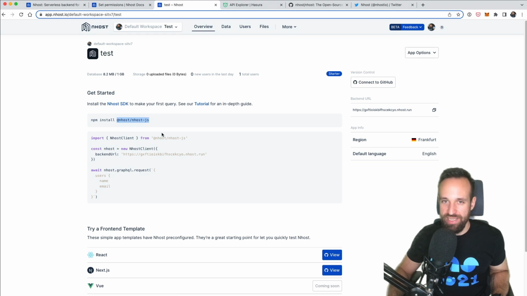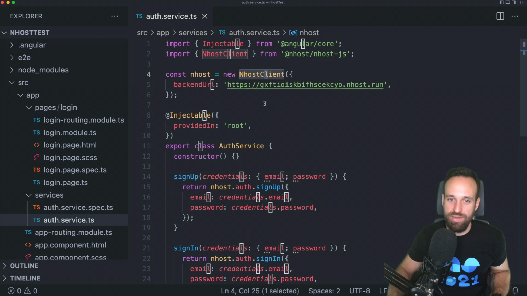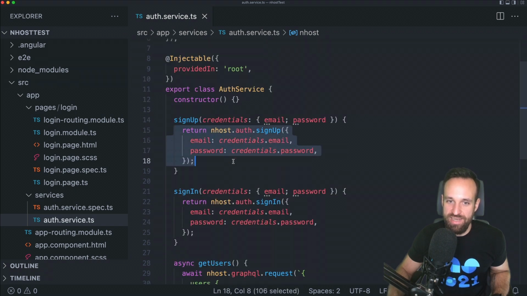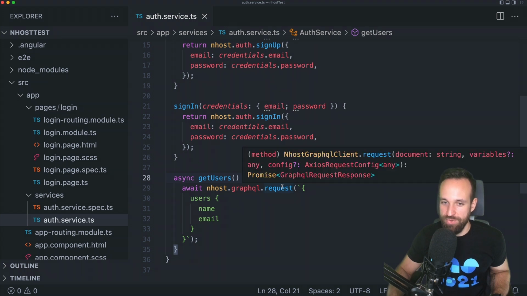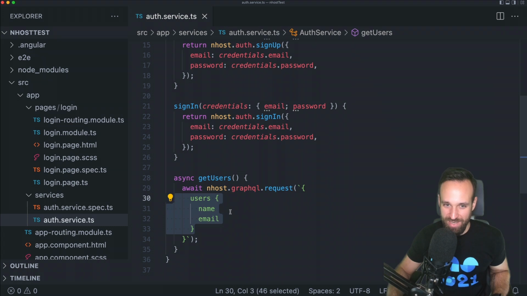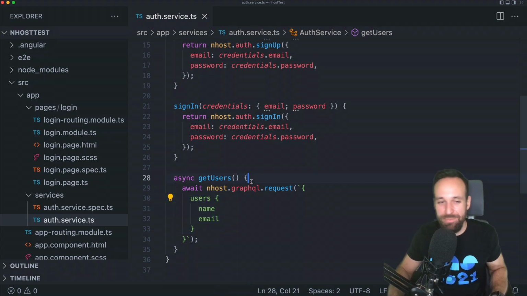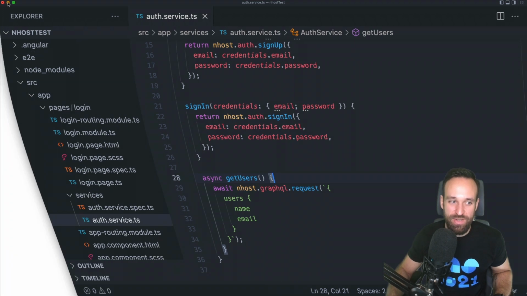Anyway, we can easily create an application like I did, and you can install it. Again, there's the JS package, of course, available for us. In code, it pretty much looks exactly like this. So I created a new Nhost client. I can sign in, I can sign up, or this is apparently how you request data from GraphQL. I think I get the concept, and I think I actually like the concept, so I'll definitely get more into this, but this is just a very small example.